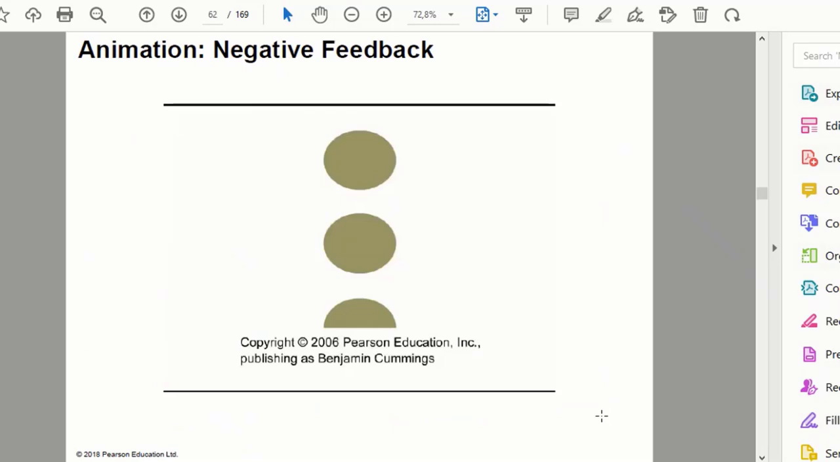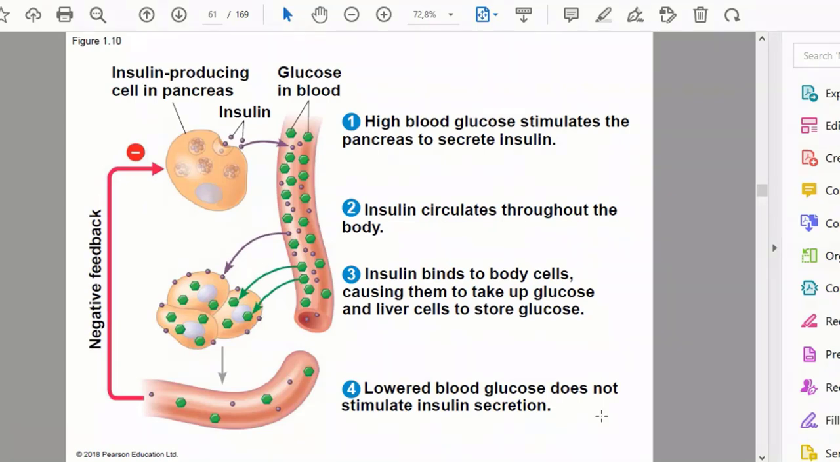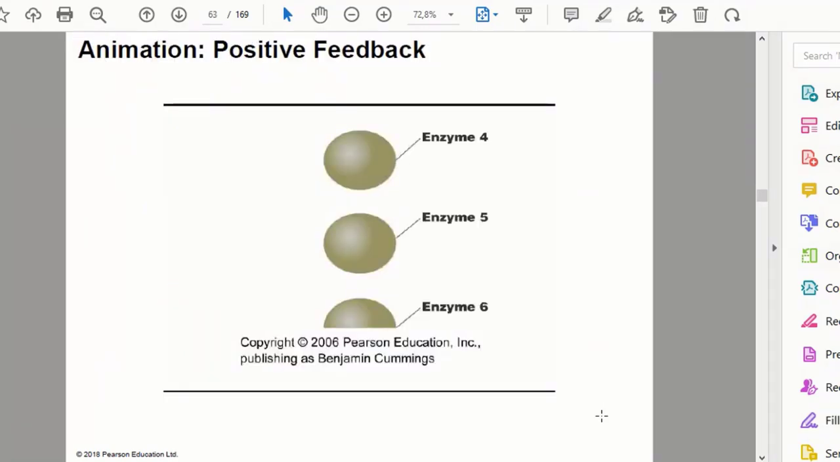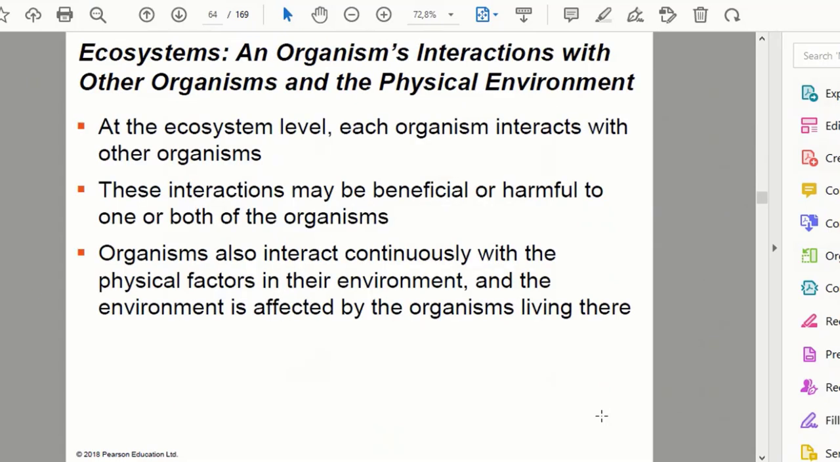And the feedback, this is just a position that they're noting for the animation of the negative feedback, where you probably see enzyme 4 and enzyme 5, and the bottom one is enzyme 6. And then as we go further